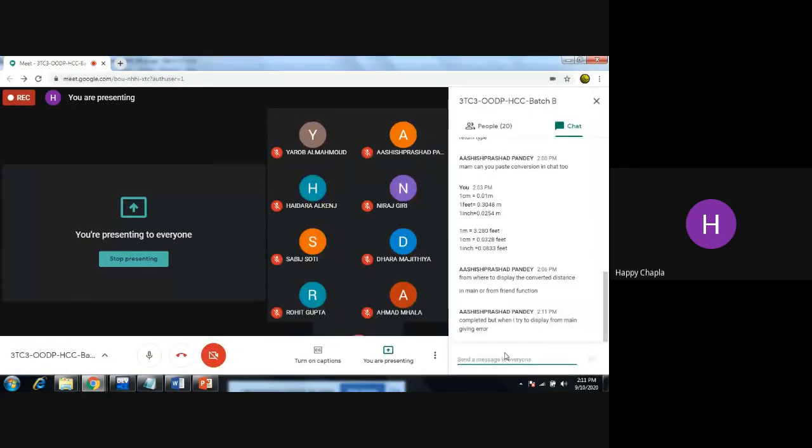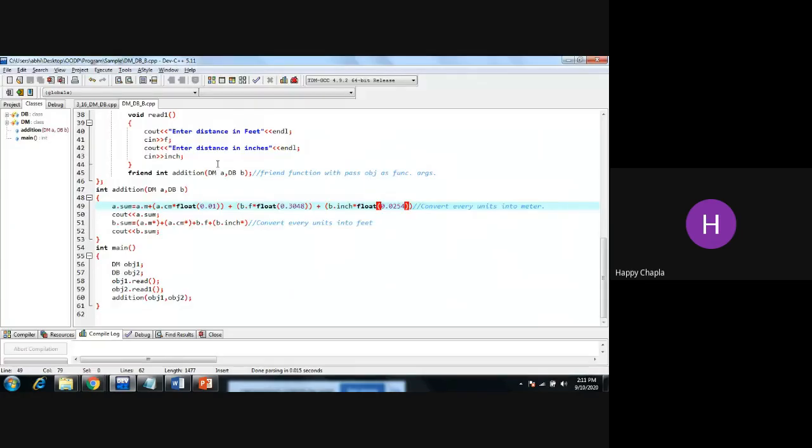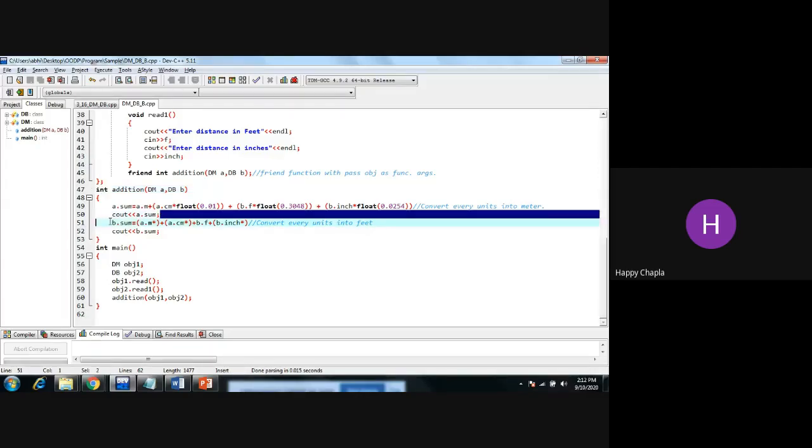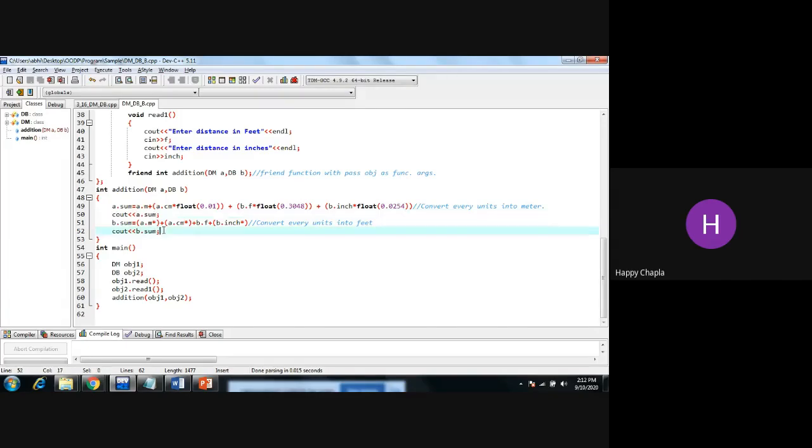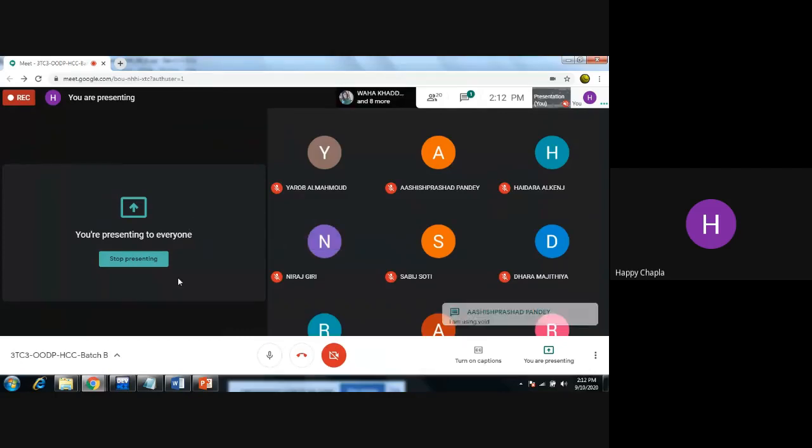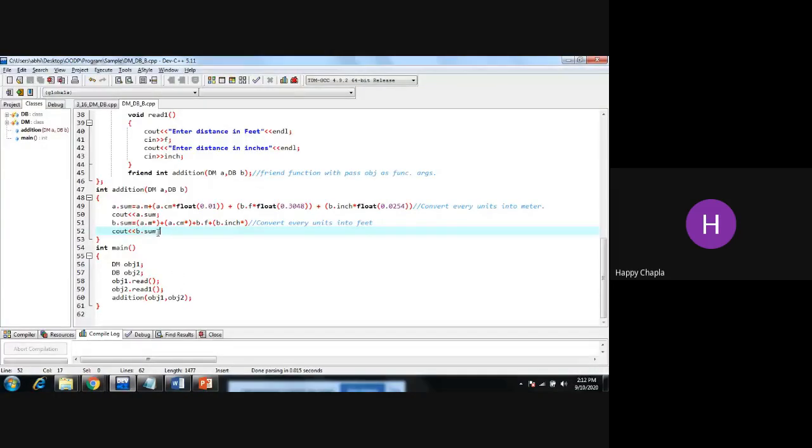I'm writing, but when I try to display, it's giving an error. Okay, you need to return. You can return only one, right? So make sure that out of the two you can only return one value. As well as this is a friend function, so if you are writing the object, then you can return the entire object, right? So that's why try to print your values over here. If you are using void, how can you print it in the main?